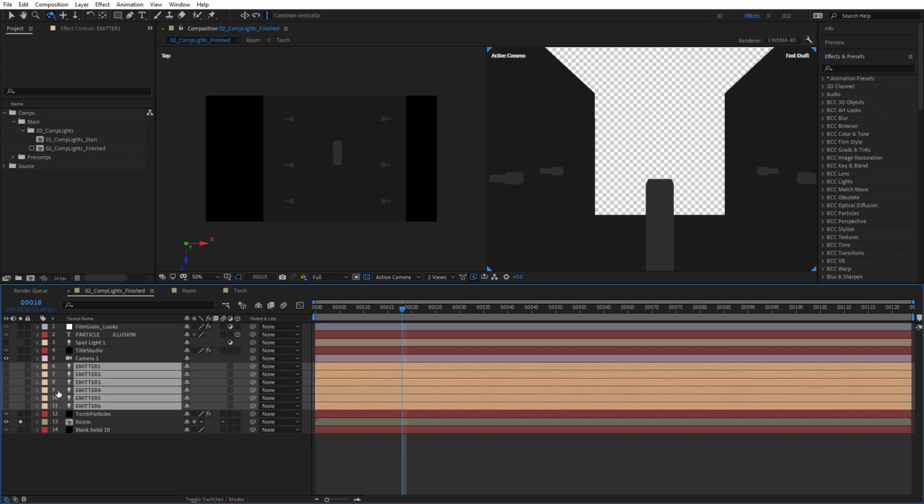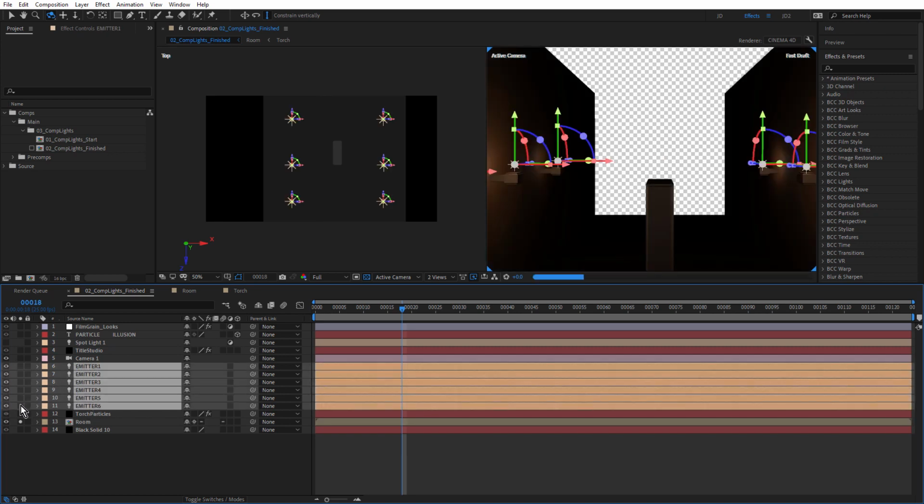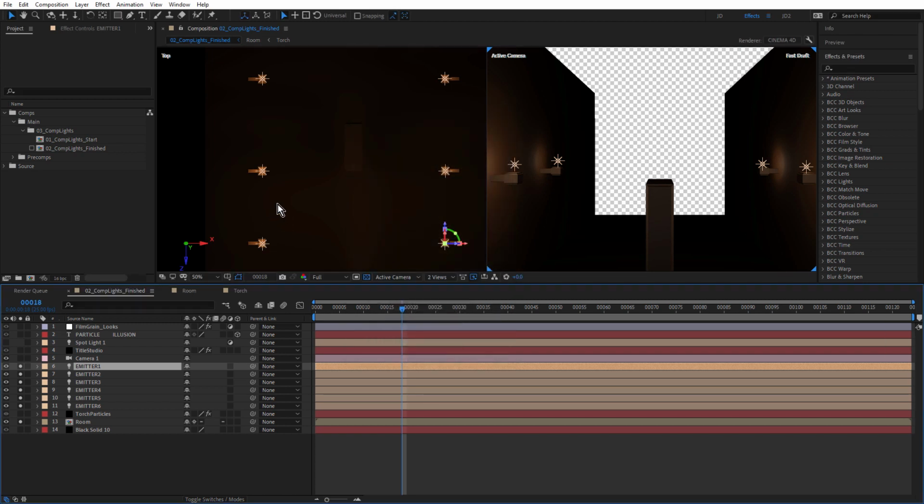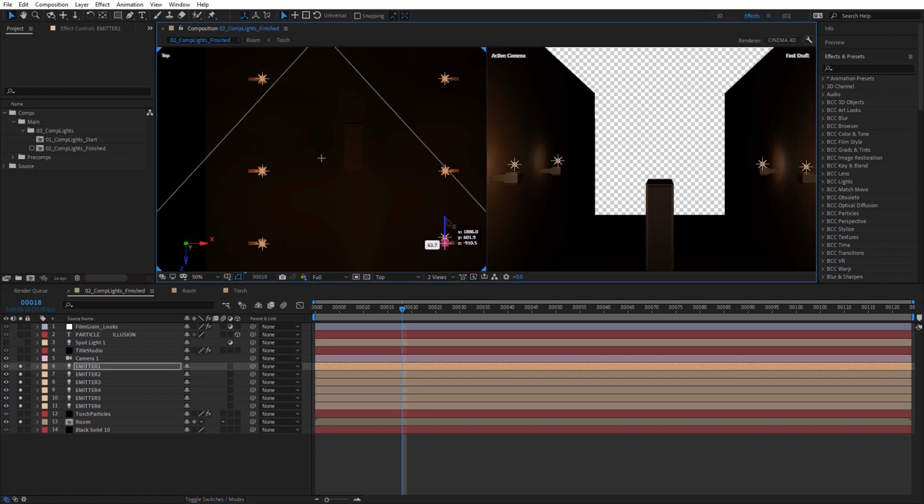So I'll just turn these back on. And these are just simple point lights. You can see I've colorized them to a nice bright orange and increased the intensity quite a lot. And they're also set to cast shadows. So they've been positioned in 3D space just by dragging the Z-axis, just so that they sit on top of the torches. Now, looking at this, they aren't evenly distributed. So what we might do is go in and just grab these two and shift them up a bit